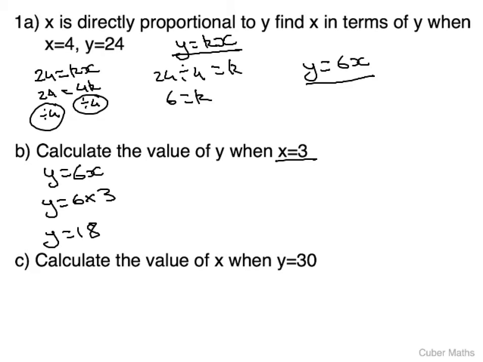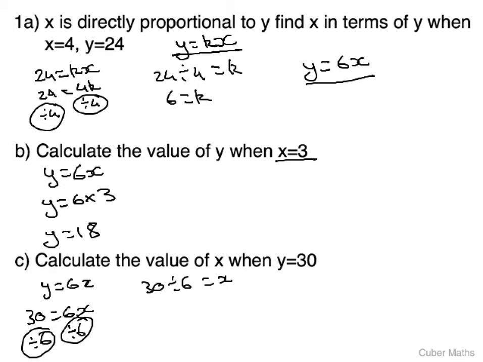Now if we look to the third part of our question, it says calculate the value of x when y equals 30. So if we again use the equation we made up here, y is equal to 6x, and we've got y is equal to 30. So we know 30 is equal to 6x. And now to find out what x is, we need to divide both sides by 6 to get just one x on that right hand side. So we have 30 divided by 6 is equal to x. And 30 divided by 6 is 5, so 5 is equal to x, and that's our value for x when